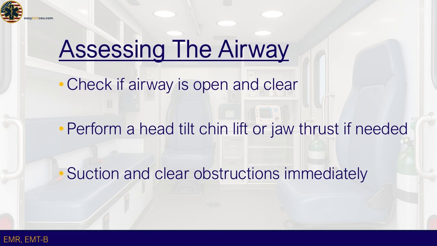Securing a clear and protected airway in trauma patients may necessitate the use of more advanced airway adjuncts. Oropharyngeal airways, OPAs, are rigid plastic devices inserted into the mouth to keep the tongue from obstructing the airway in unconscious patients without a gag reflex. Nasopharyngeal airways, NPAs, are soft, flexible tubes inserted through the nose and into the pharynx, and can often be tolerated